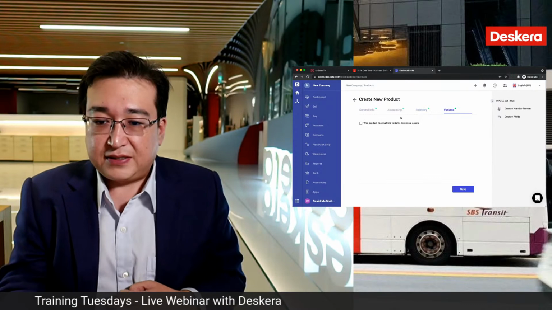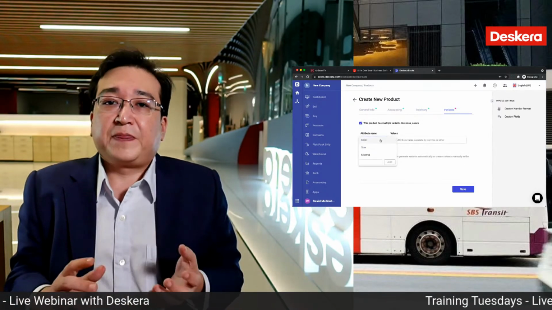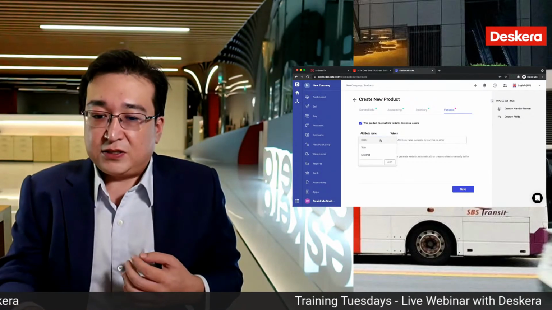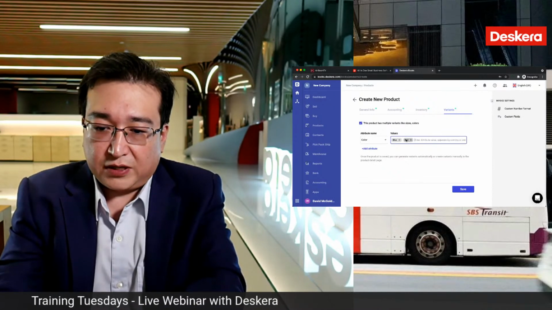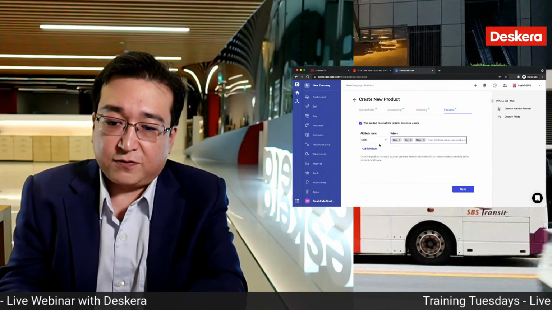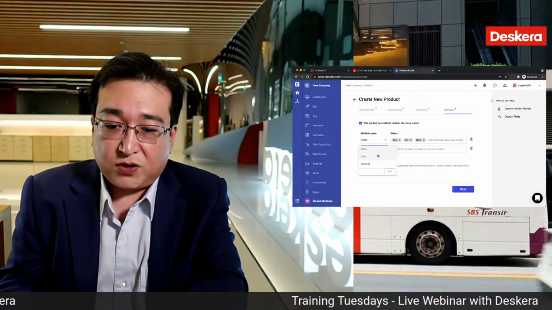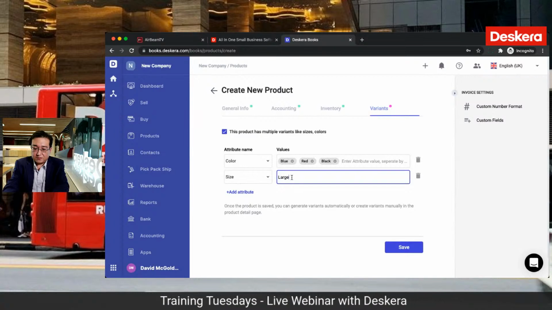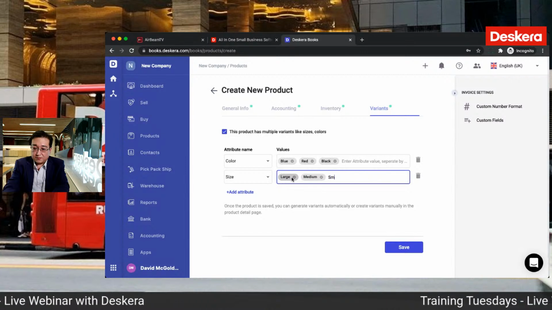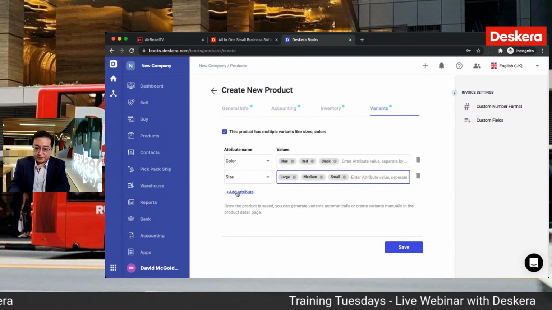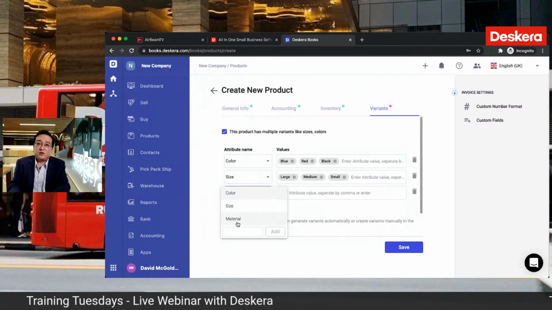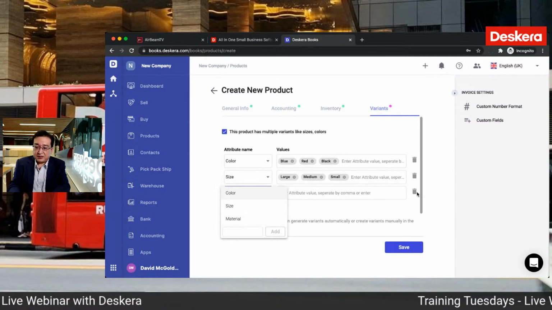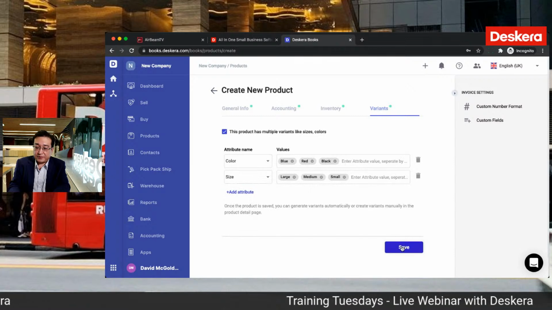Next, let's go to variant. Yes, because I have shirts, and shirts come in many different types of variants. For example, maybe color. Maybe I want a blue shirt, red shirt, black shirt. And maybe it comes in multiple sizes, large, small, for example. And I can add more and more. For example, maybe different material, cotton, wool. Maybe it comes in different brands. I can add all these different characteristics here. And then when I save it,